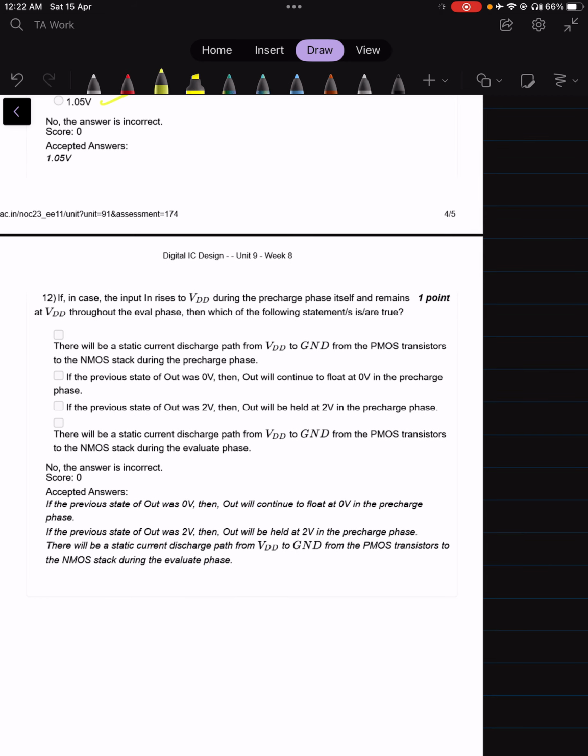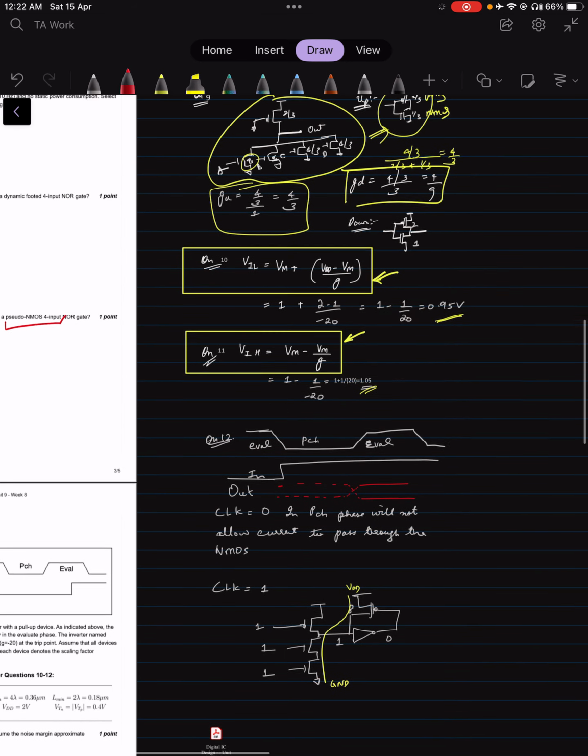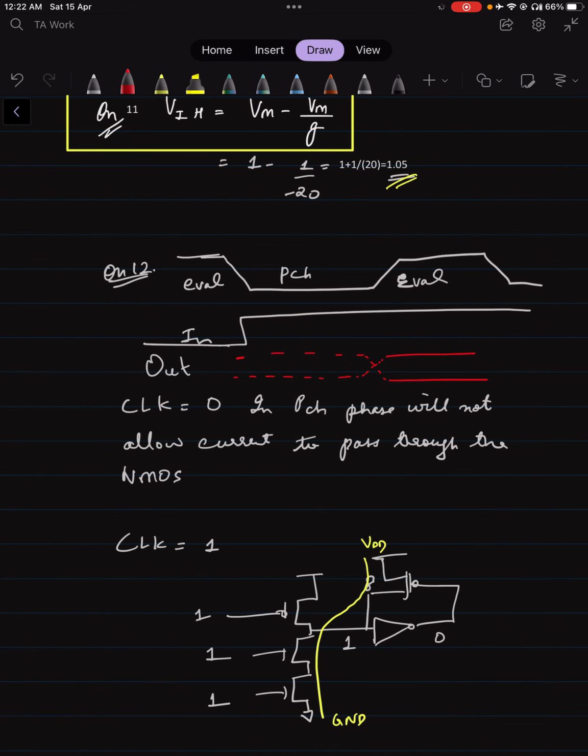Finally, question number 12. If in case the input rises to VDD during the precharge phase itself and remains at VDD through the eval phase, then which of the following statements are not true? Right? So what it's saying is the input was zero during the previous eval phase and it rose to one in the precharge phase itself. Now it remains constant all throughout the precharge as well as the eval phase. Now it's asking